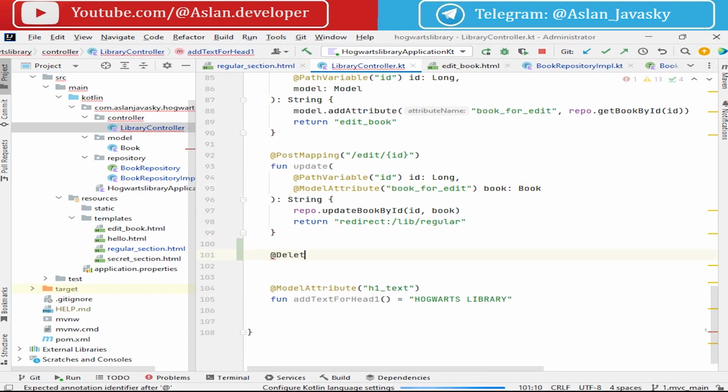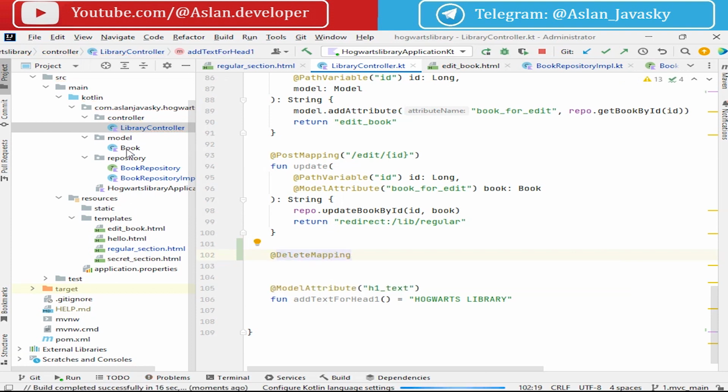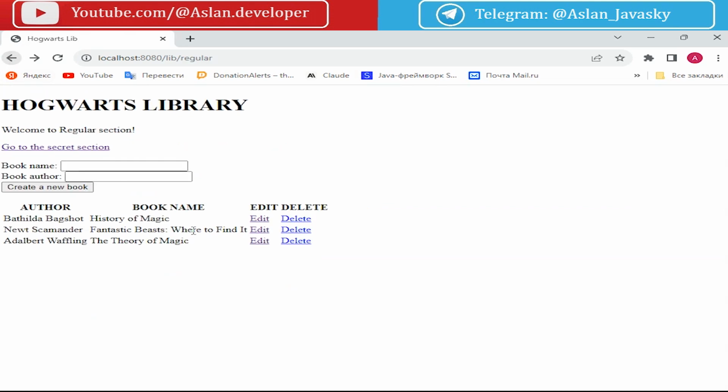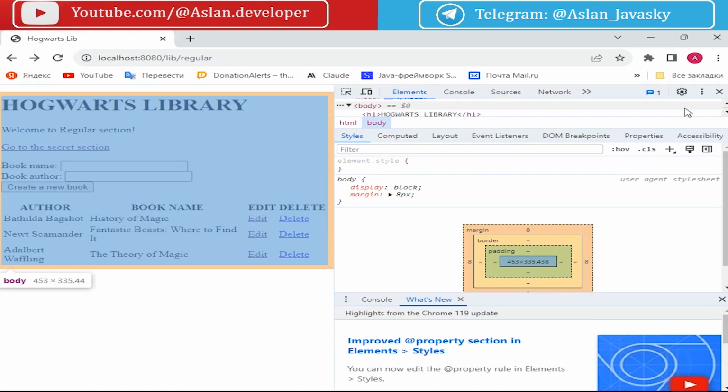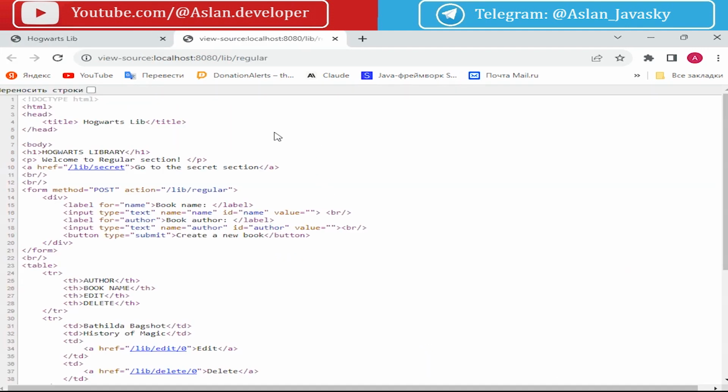We can write DeleteMapping, but here we write